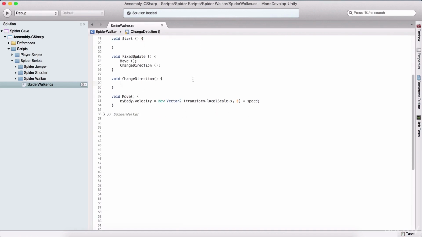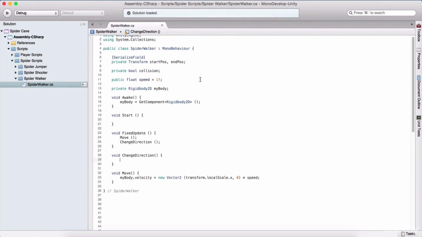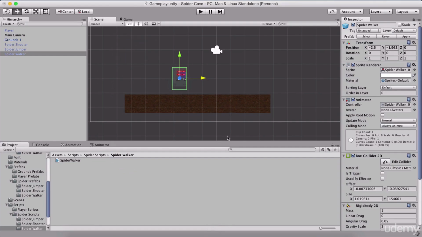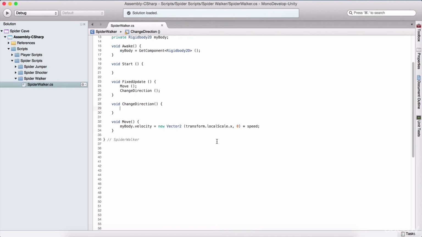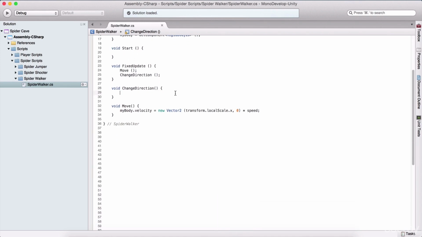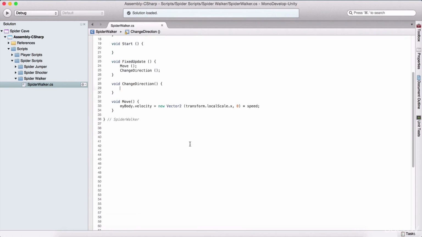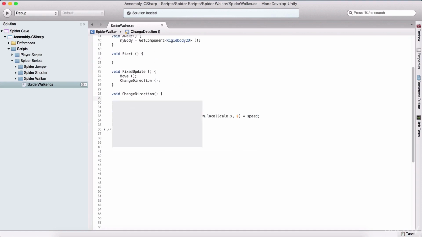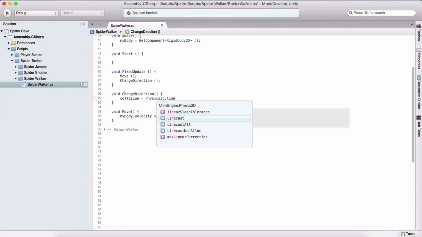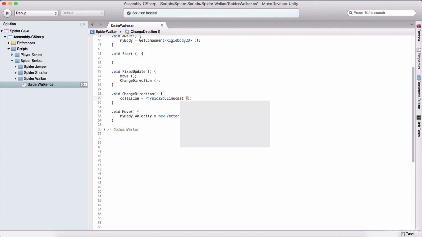Inside of this function we are going to detect our collision with the ground, and then we are going to see when we are not colliding with the ground anymore in order to change our direction. In order to detect this, we are going to use a linecast. So I'm going to say collision is now equal to Physics2D.Linecast, and we are going to pass our start position dot position, and our end position dot position,